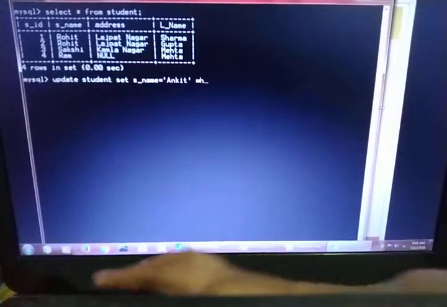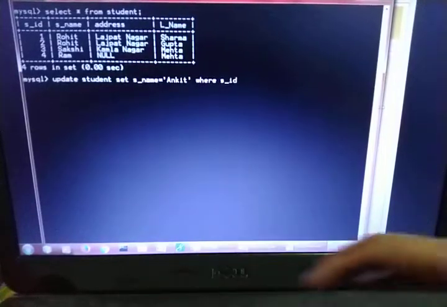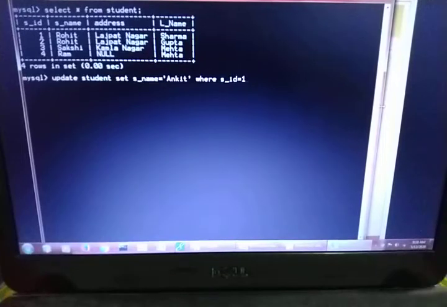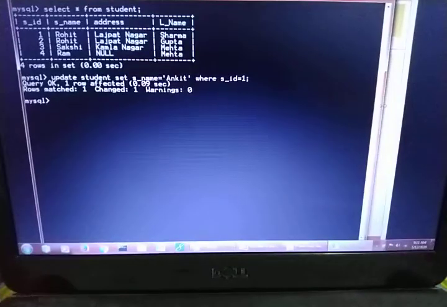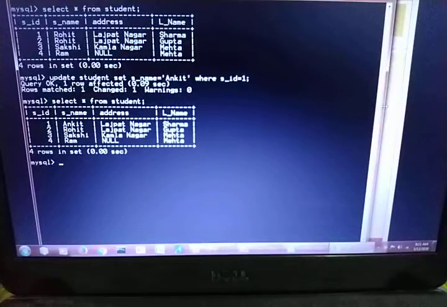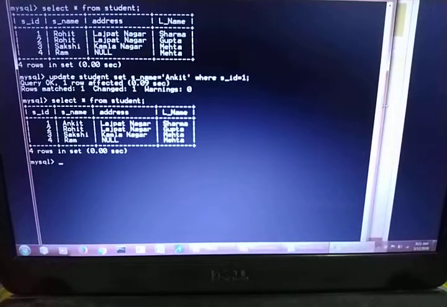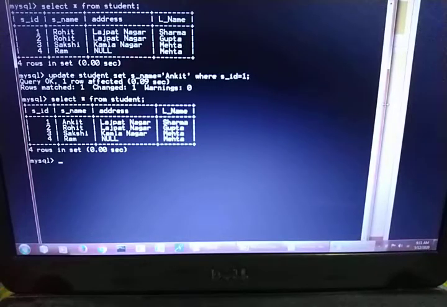Where SID equals 1. Fine. So where the SID equals 1, I have changed the name to Ankit. So now if you see, there are 4 records, and 2-3 of them are not starting with the same letters.